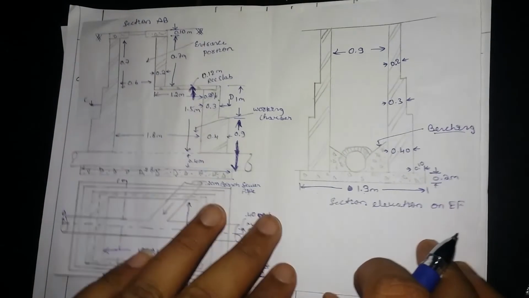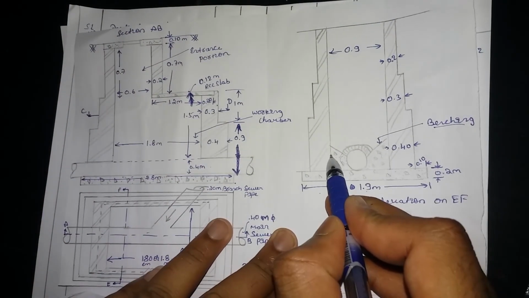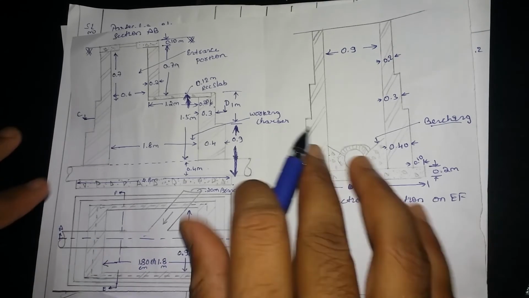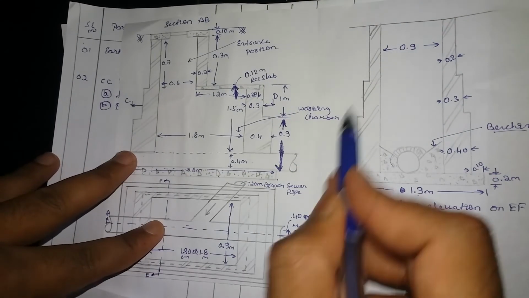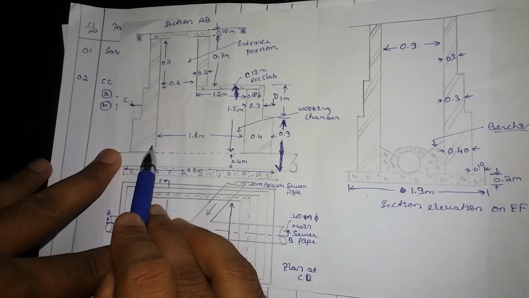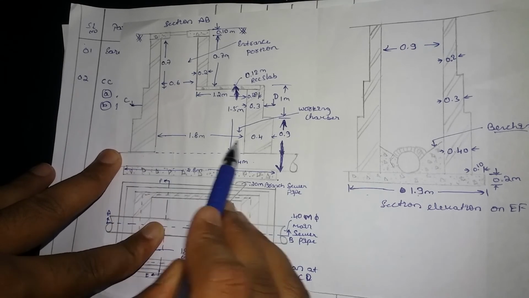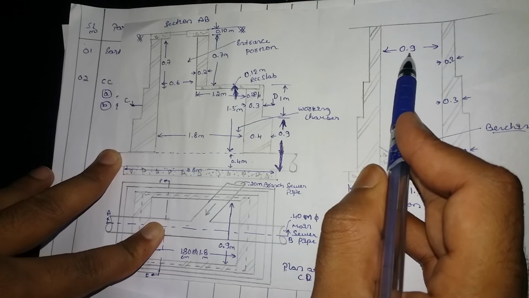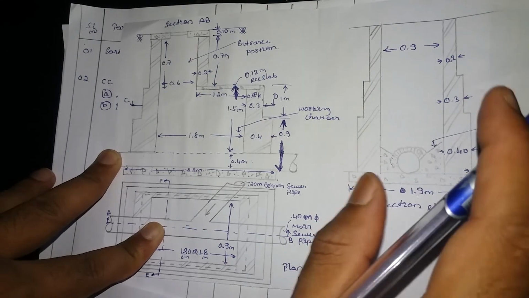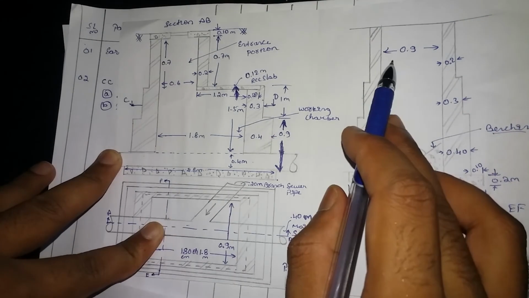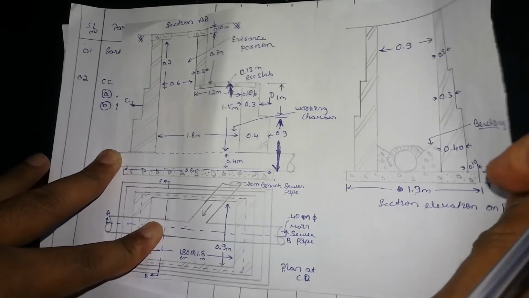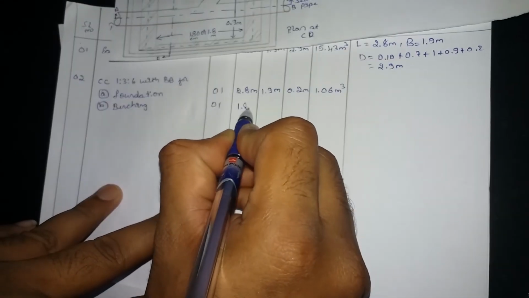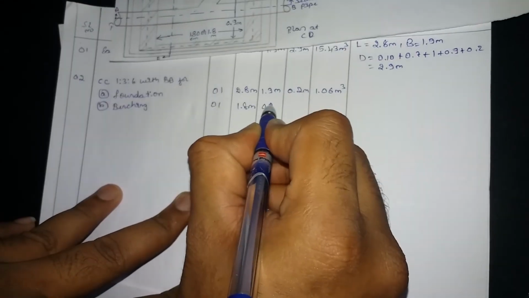See here in the benching where it is started. So from this wall thickness to this wall, in between this it takes place, right? Benching. Similarly, this is a breadth part. Now this is a length part. It will be taken from between this to this. So whatever the distance here, it is 1.8, and whatever the distance here, 1.9, that value we are going to take directly. Okay, 1.8 is your length and 0.9 is your breadth. It is given directly in the question. So length is 1.8 meter, and its breadth is 0.9 meter.